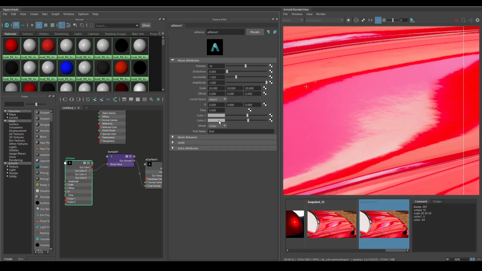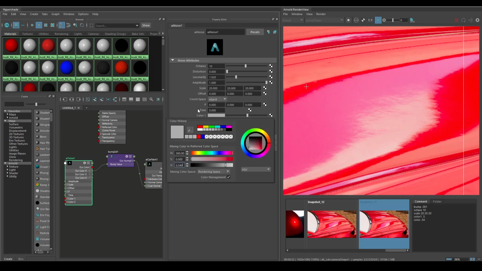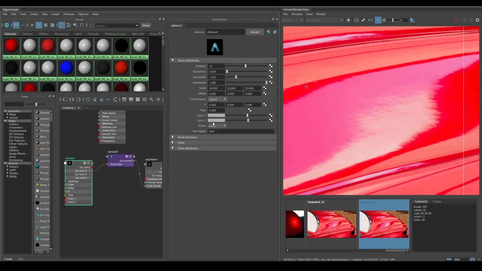And then color 2 is, I think, 0.54. What these do is, the AI noise is a fractal pattern, and color 1 is the darker aspect, which is what pushes the bump down,